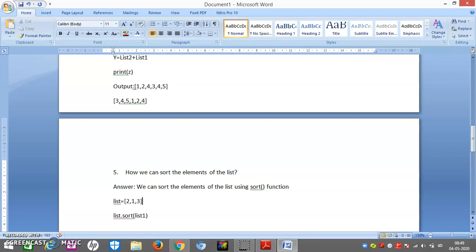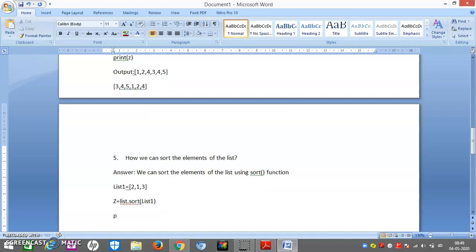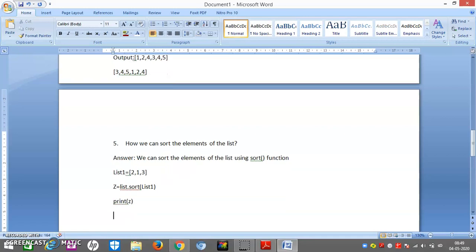I will make it list 1 so that I will not be confused between the list name and the identifier. So list 1, I will sort it in Z. I will print Z now. In Z, what will you have? You will have the output as the sorted array 1, 2, 3.